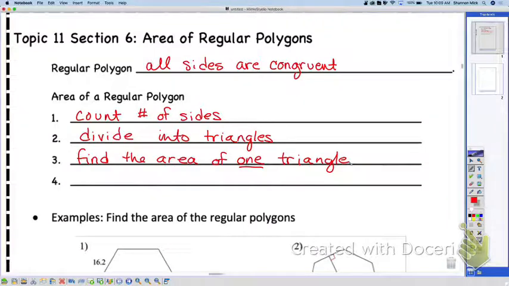And these should be actually congruent triangles. What does that mean? Equal. Okay? So then what do you think our last step is going to be? If I divided it into congruent triangles and found the area of one triangle, multiply it back to the how many triangles? Okay, I'm going to multiply